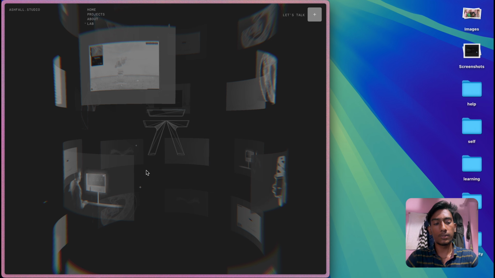So if you don't know about this library, you should check out the tutorial where I explained in detail about this library and how to sync your 3D with the UI in React. If you have already watched that video, we can continue. Let's go. Okay, so go to the description and clone the repo, clone the starter file I have given.